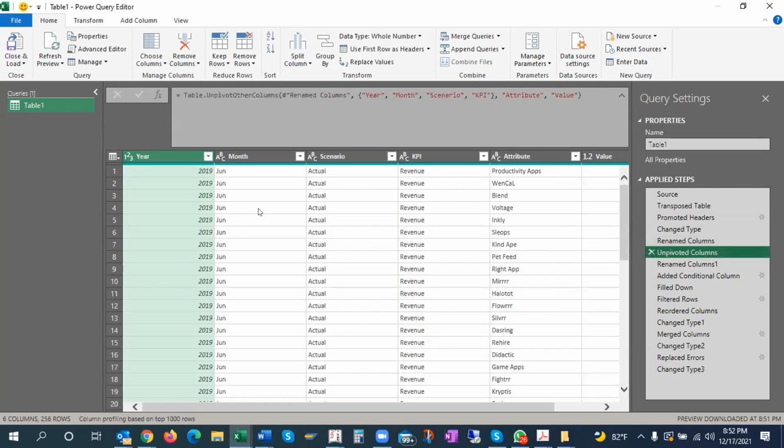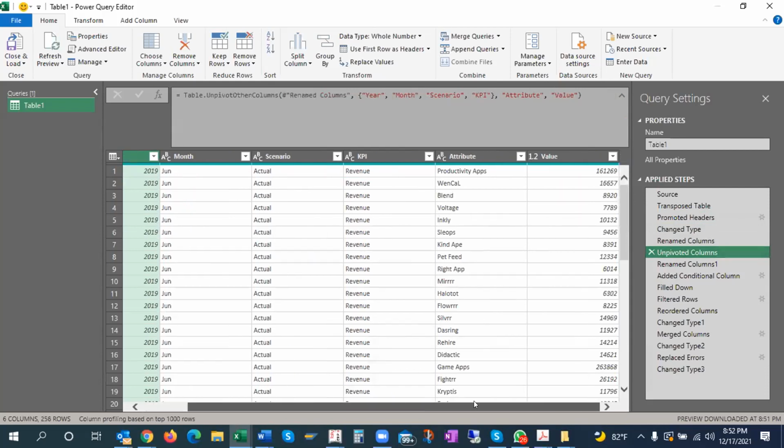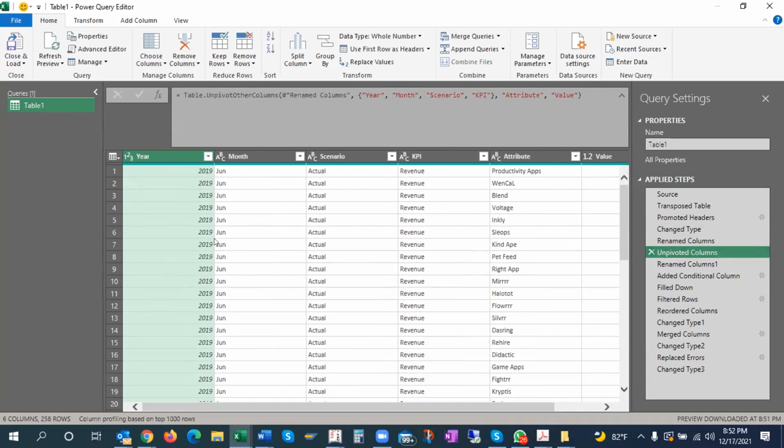Next, I unpivoted the columns, so it has given me this data in this manner. Then I renamed the columns again, because I wanted attribute as applications, so here I wanted app. Earlier the name was attribute, but I changed it to applications. Then I added another column.